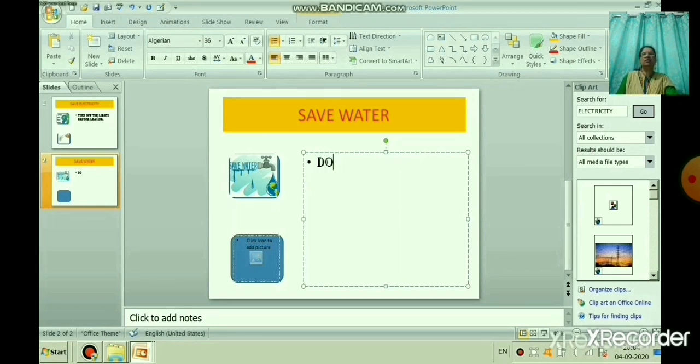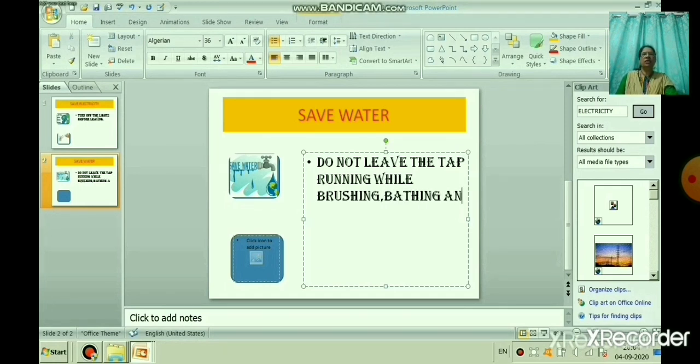See the slides now, both slides look the same, the pictures and everything. It saves your time also. Now suppose you want to put a logo in all your slides. You can do it one by one, but it takes time. But if you are using a slide master, you can do your work fast. Once you have created your layout, the same layout you can use anywhere. Can you see here all the slides, 2 slides we have created.